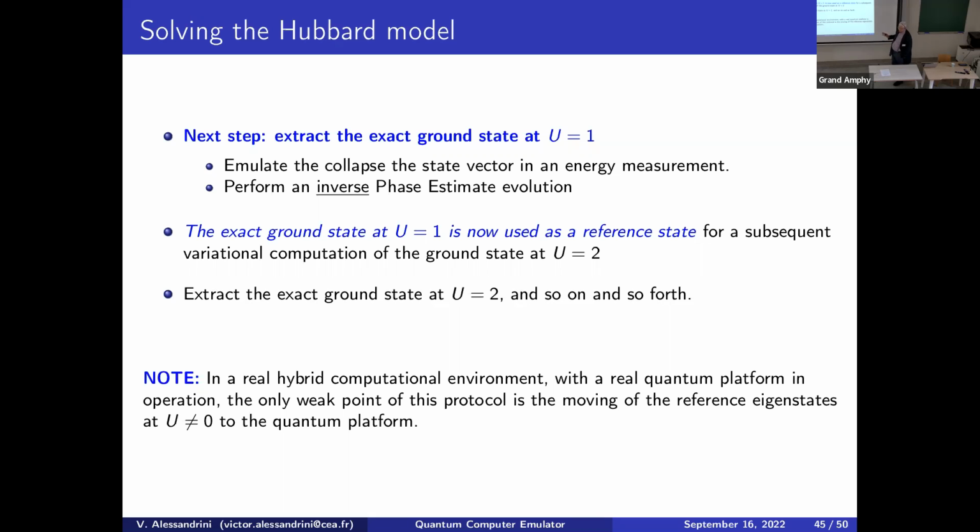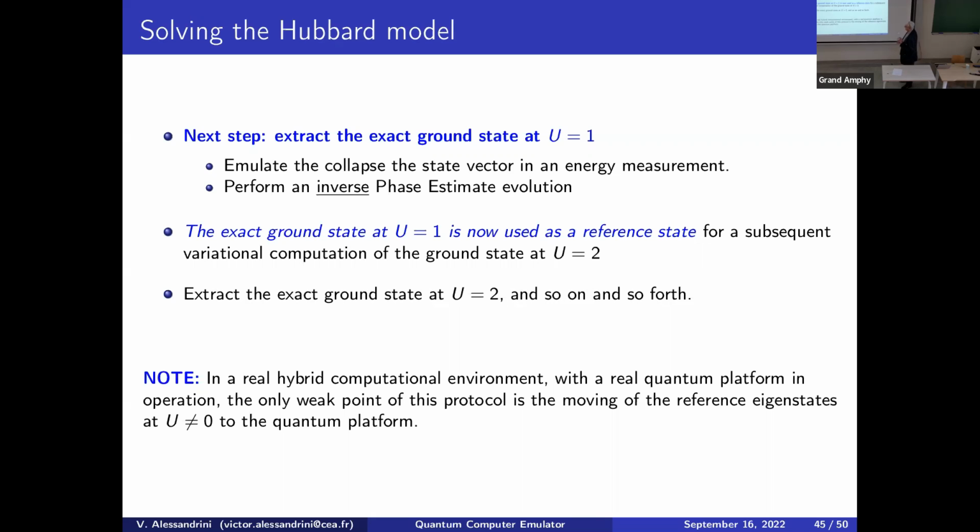This is the best way I found of handling this type of problem, because if we try to use the variational method directly for large values of U, when you're looking for a minimum, the optimizer can get stuck in a local minimum, and you have to do 20,000 checks to know what you are doing. In this way, we are controlling what we are doing, and we are sure that we are getting the exact ground state for large values of U. And to conclude,